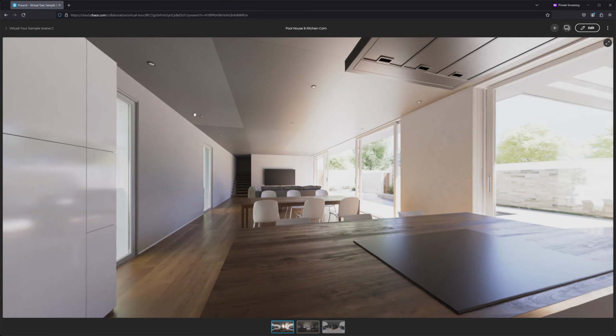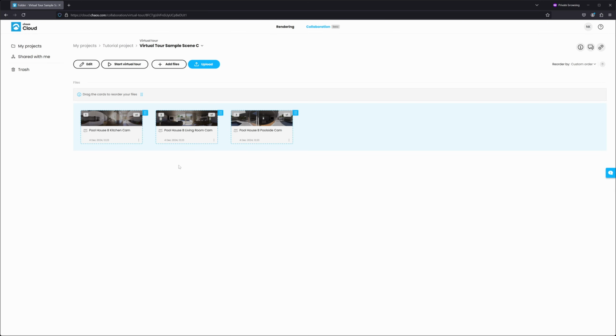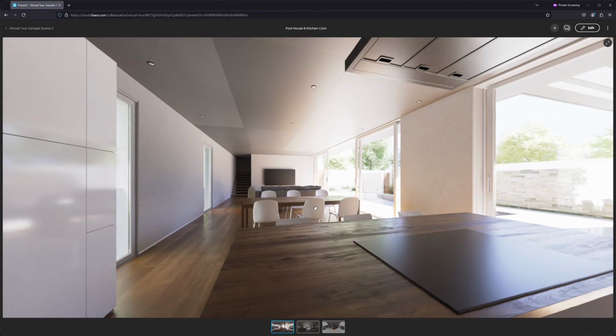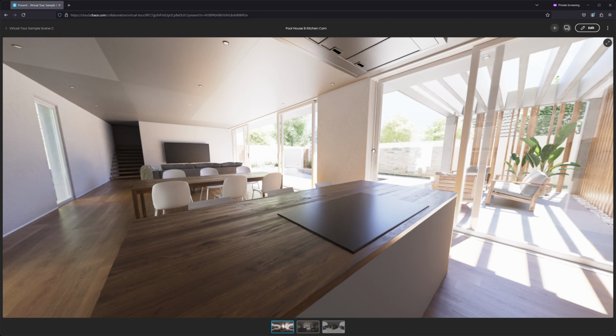So let's just click the start virtual tour button. And as you can see, that's indeed the case. And this order, the sequence down here, then matches what we see here. Okay, so now we're going to jump back into our first image by clicking on its thumbnail. And now we're going to be setting up these things called hotspots that will make navigating